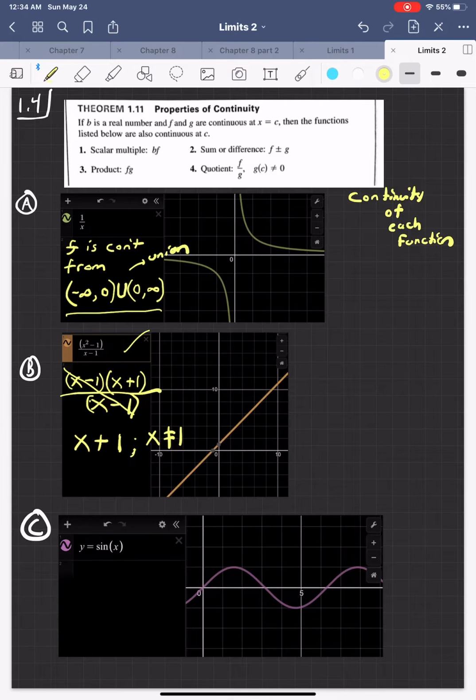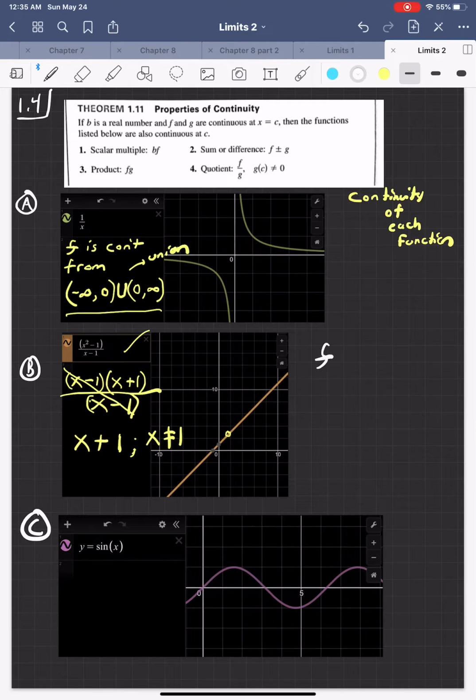So what is not shown in this graph is that when x equals 1, there should be a hole in the graph. My apologies, I said it correctly: when x is equal to 1, there would be a hole in this graph at x equals 1. So let me ask the same question. How would you discuss the continuity of that function? Well, just like the previous problem, we would say that f is continuous from